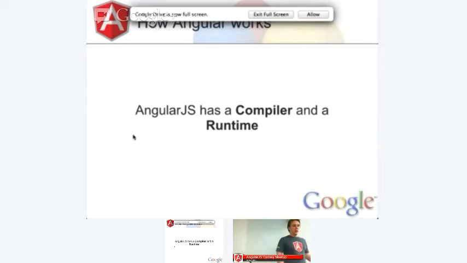So first up, Angular.js has a compiler and a runtime. I should say that all of this is taken from the Angular docs pretty much directly, so I can point you to the places in the docs where this comes from at the end of the talk. So Angular has a compiler and a runtime, and as Mark was saying earlier, the first thing that happens when Angular gets into your code, when the script loads up, you put a script tag in your code, it sees the ng-app tag at some point in your DOM, and then it decides to climb the tree. So there's a stage where it runs over the entirety of your DOM structure and performs some analysis and some pre-computations in order to set up the infrastructure needed for Angular.